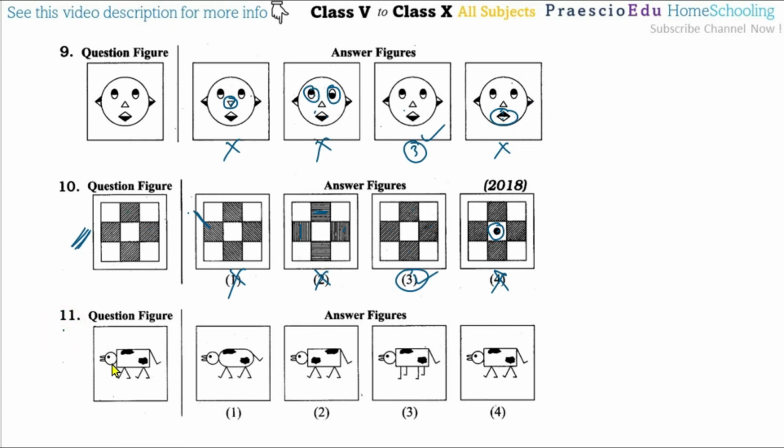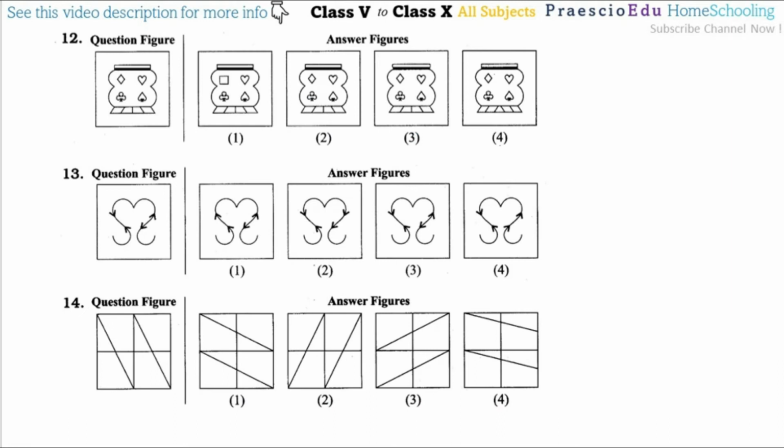Now question number 11. So the leg shape like this one, so this is somewhat similar, but here the capsule shape is there, okay, here the square is there, so this is incorrect. Now here the shape, these dots, okay, so these are somewhat different, so this option 1 and 2 is incorrect. Now here this is a matching, and here in this one, sorry, this is not matching due to the legs, okay, so this is incorrect, this is matching with the question figure, so that's why option number 4 is correct.